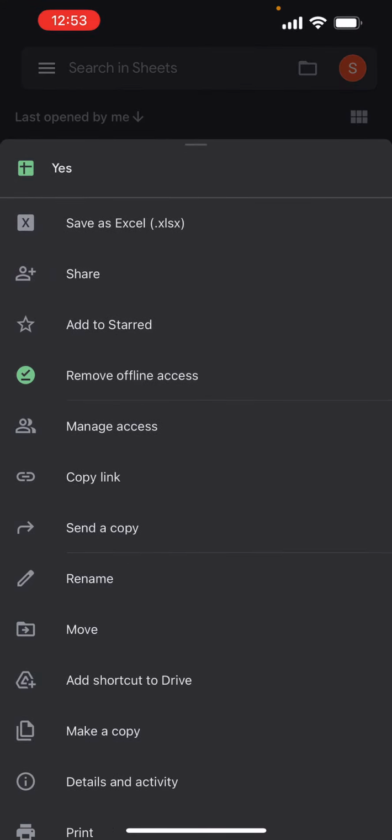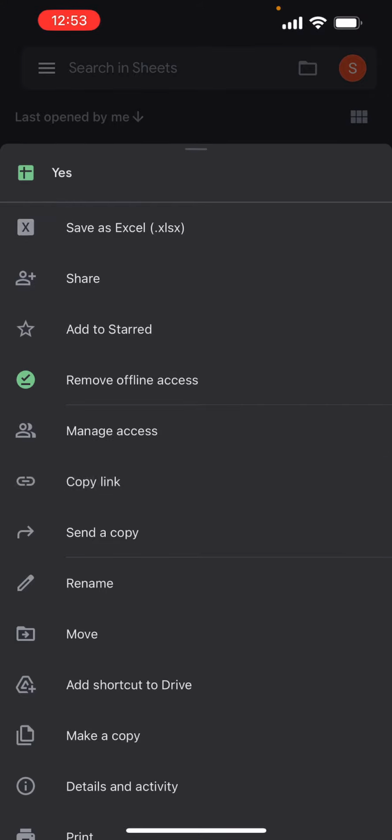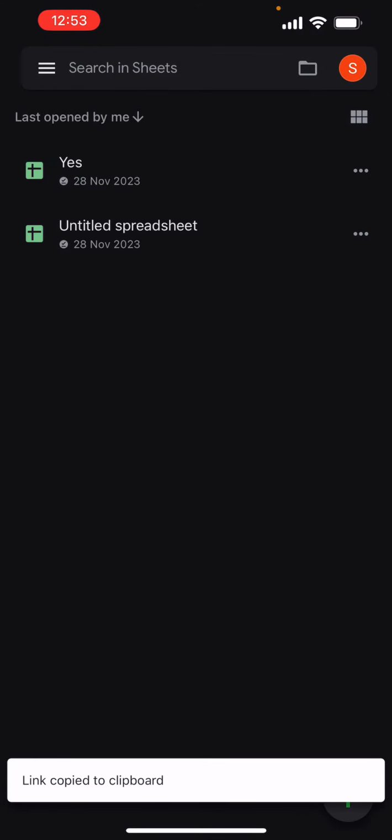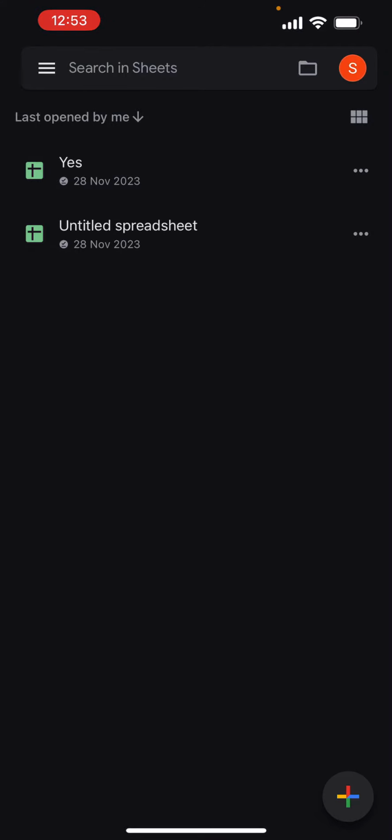Here we'll have to scroll down for a bit until you find an option, a button called copy link. Here it says link copied to clipboard, and if you want to send it to someone or save it somewhere, you just have to paste it there as a file or as text, and it will be a link